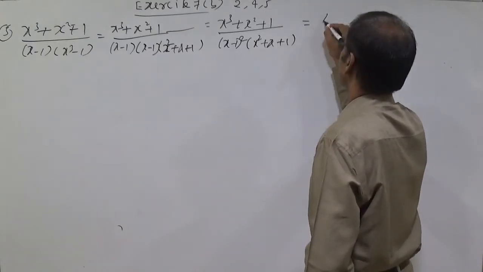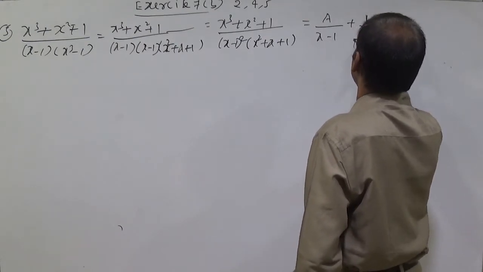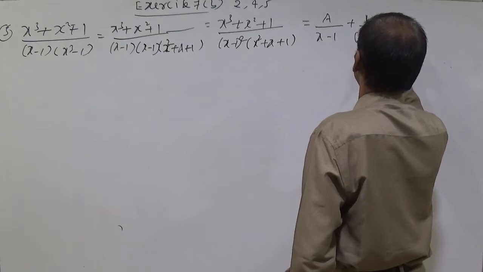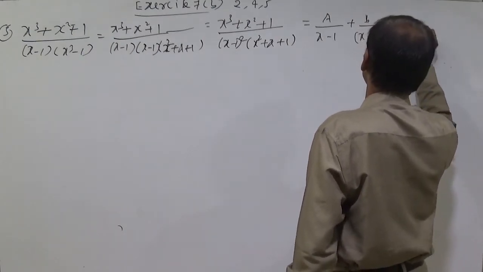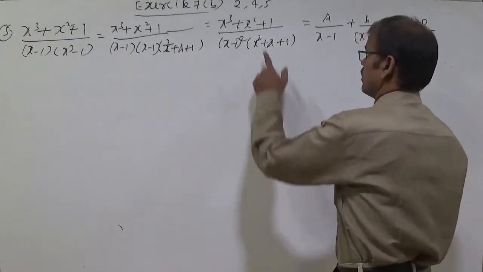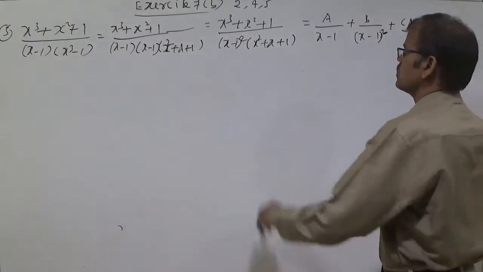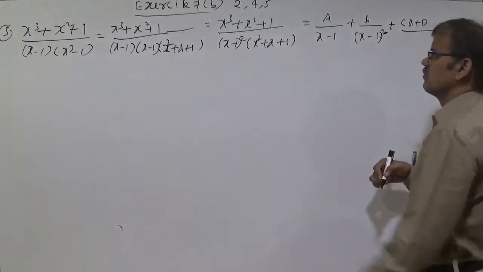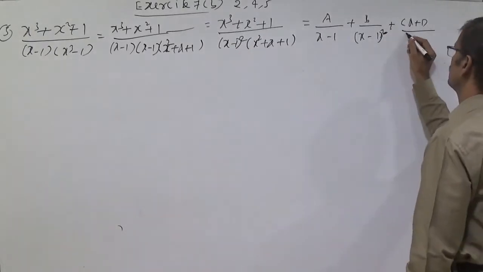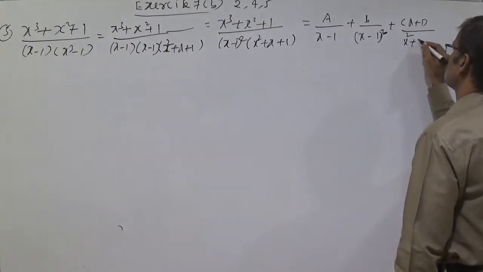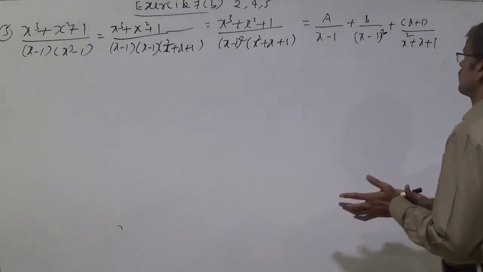So here you can write as a by x minus 1. For repeated factors, you write like this: a by x minus 1 plus b by x minus 1 whole square. Dear students, don't think that there is a shortcut whenever an irreducible polynomial exists beside this square factor. If it does not exist, simply you put it. Whenever an irreducible polynomial exists beside this one, there will be no solution in the shortcut manner. So here you write x square plus cx plus d by x square plus x plus 1.